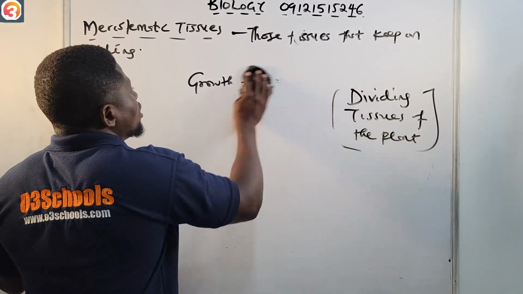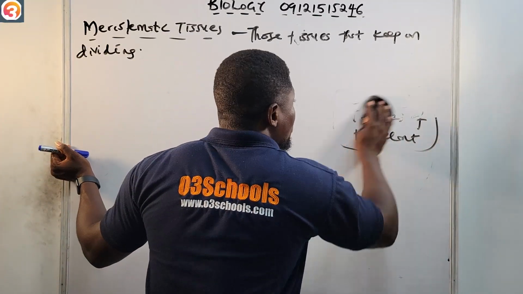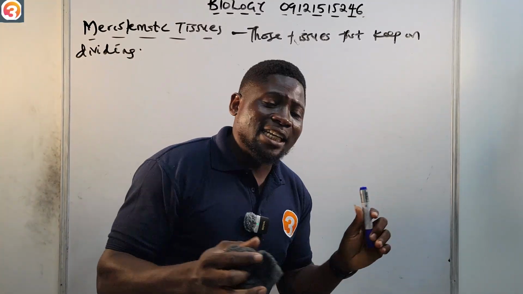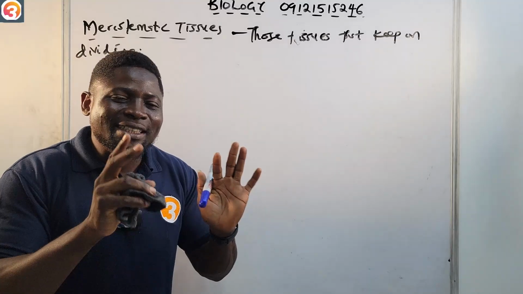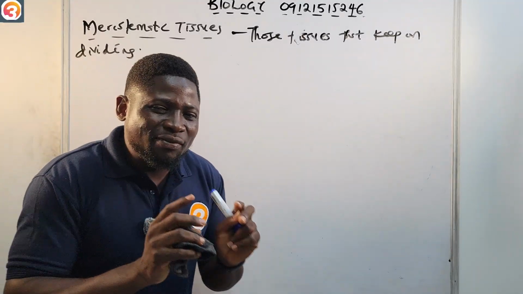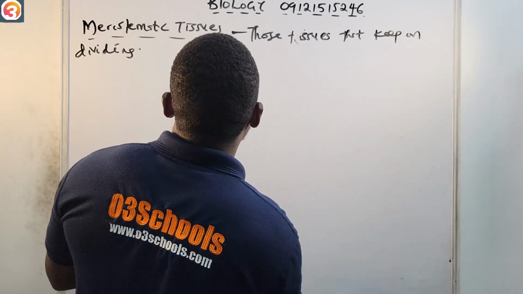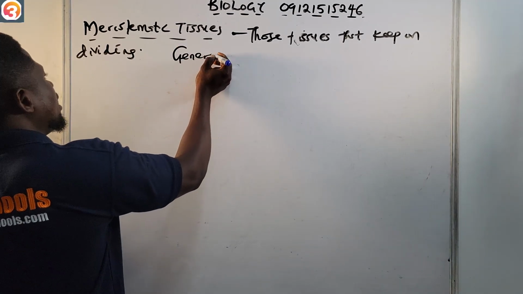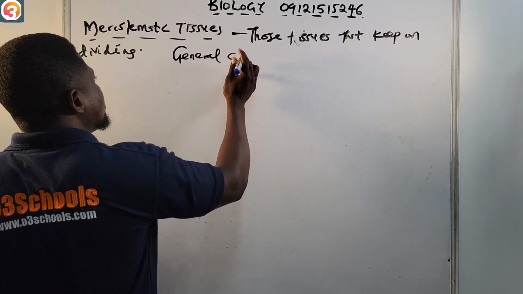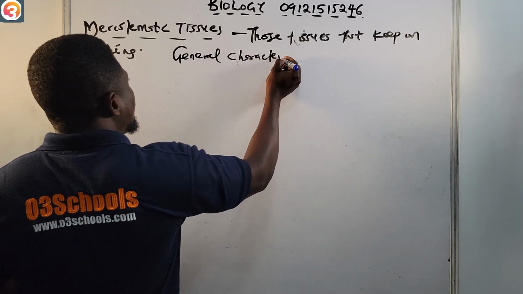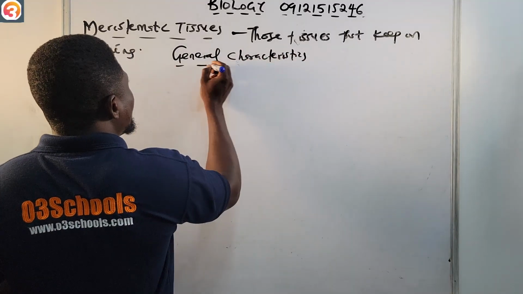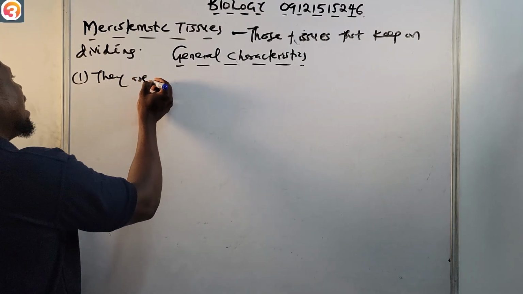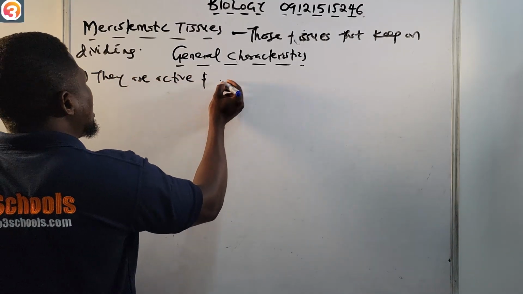So now let's quickly see the general characteristics of meristematic tissues. Number one thing we know very sure is that they are actively dividing. So number one, under the general characteristics of meristematic tissues, we say they are active and